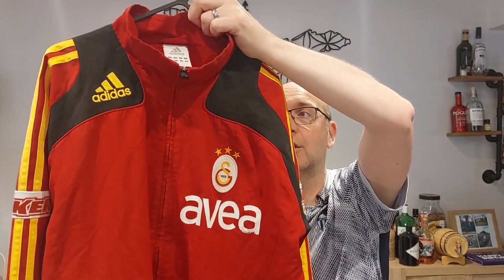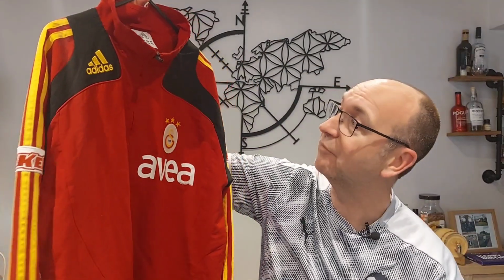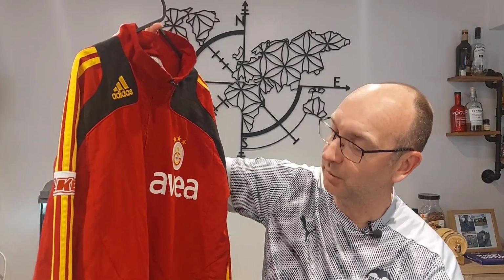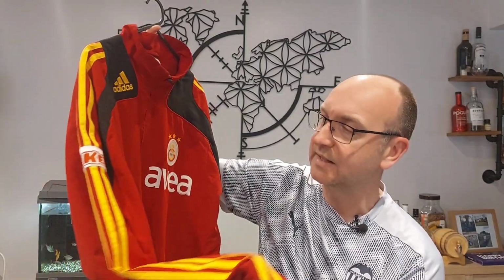I've worn this at home, indoors, on Zoom meetings for work, because I just love everything about this top. I love the colours, I love the styling, I love that neckline, that zip all the way up. I love those long sleeves with the triple Adidas stripes coming all the way down. I love these badges that are stitched on, that's reminiscent of a biker's jacket. For me, and this, again, I picked this up for £20, which for a casual jacket